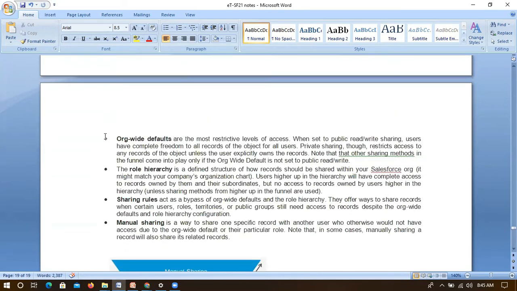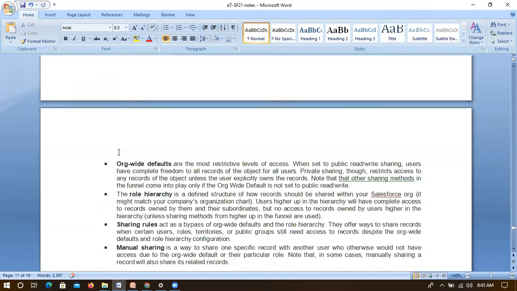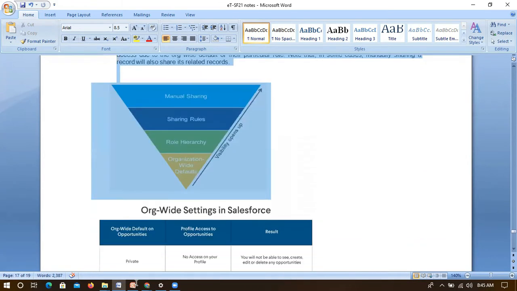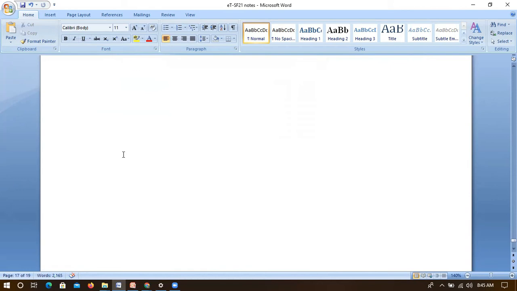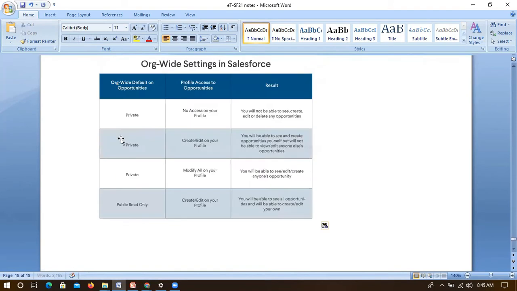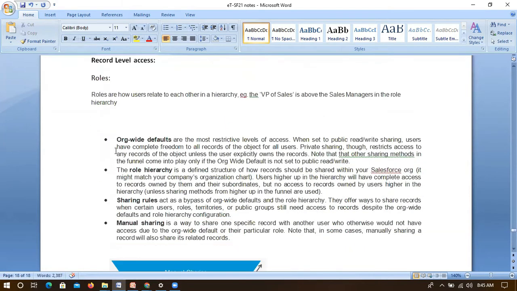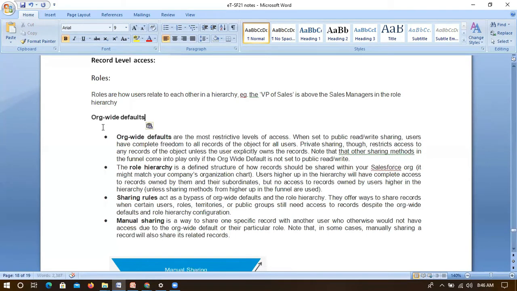How can we control it? Through OWD, which comes under record level access. So the initial step starts with OWD. We call this OWD.